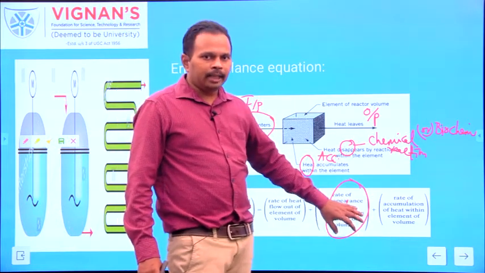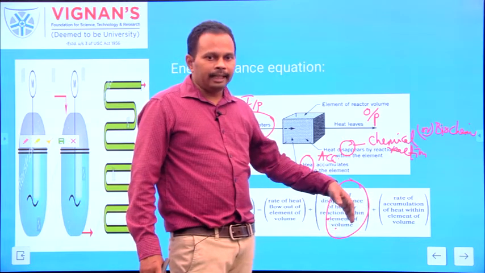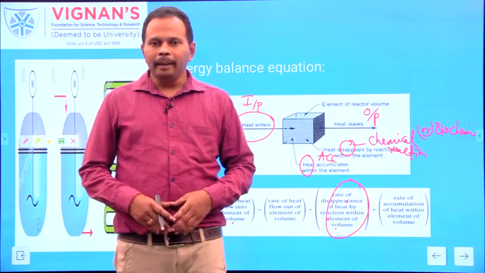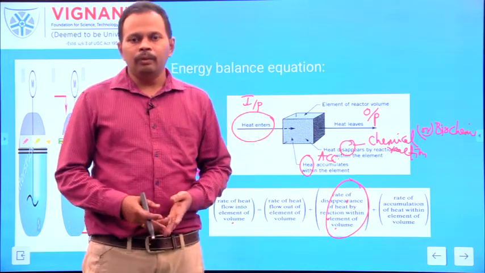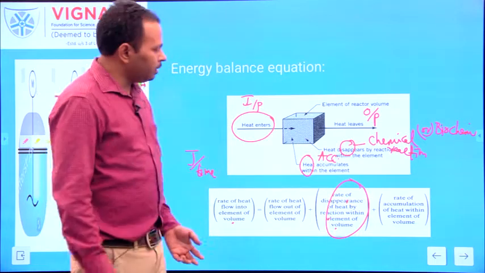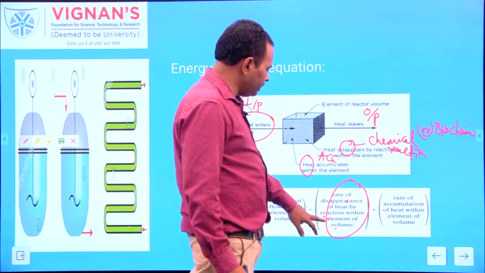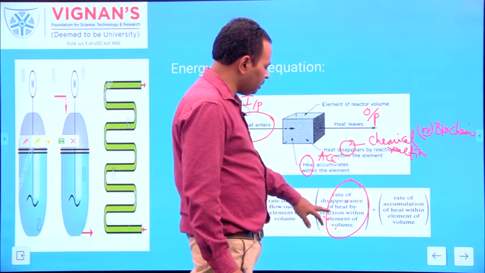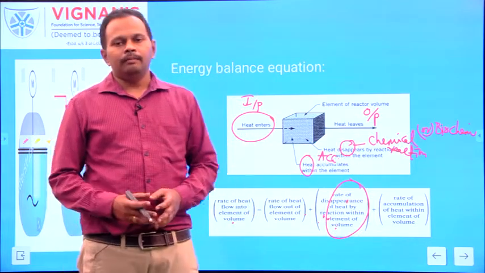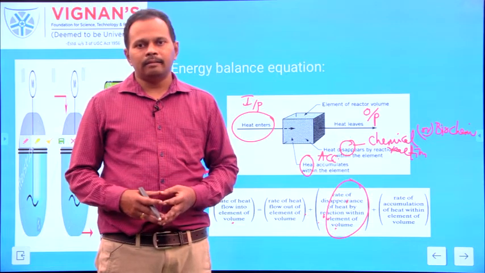What is the chemical reaction term in the material balance equation? The second term on the right hand side, that is the rate of reactant loss due to chemical reaction. Because of the chemical reaction only we can have the heat effects, production of the heat effects. So what is the third term in the heat balance equation? Rate of disappearance of the heat by the reaction within the element of volume. Here also we can have the reaction. So with the help of the third term we can combine the material and energy balance equations together.